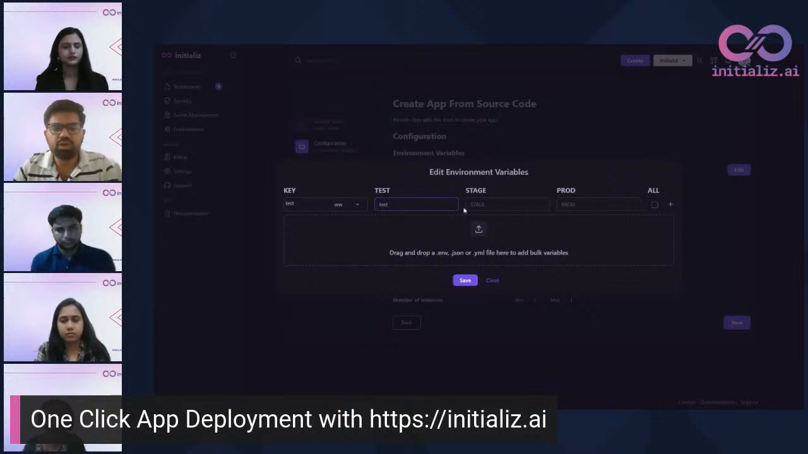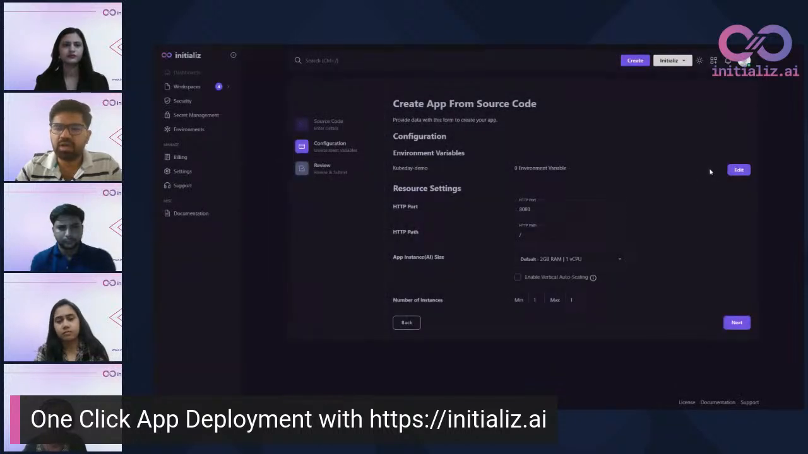If you wish to have the same value in all three environments, then you just hit all. And if you want to give different values to different environments, then just deselect all and put different values. Also, you can drag and drop a file over here. The files currently supported are .env, .json, and .yaml files. After you add the environment variables, you have the resource settings,